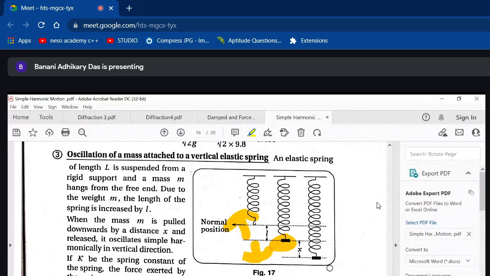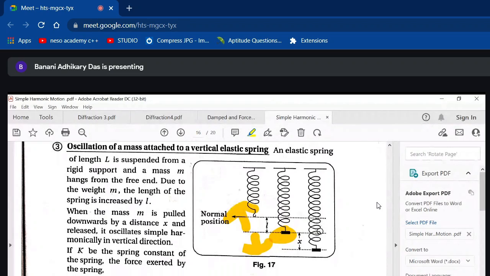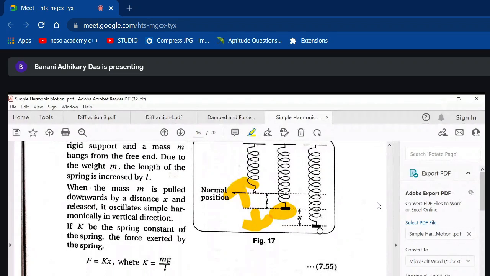And we are trying to analyze mathematically from the force balance equations what kind of motion this is. If it is simple harmonic motion, question number 1 is, does it satisfy the equation of simple harmonic motion? And the second question is, if yes, what is the time period? Supposing the mass is m, and k is the spring constant, then the force is equal to k times x. k is equal to mg over L. This is a standard result from your HSDs.